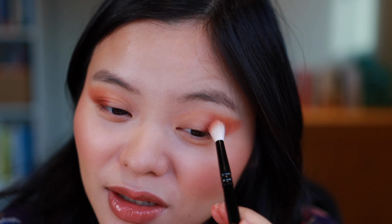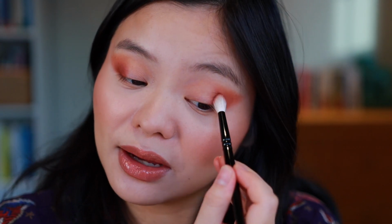And this shade is quite nice for this color story too. In general, this is not my favorite color story, but I think if you're going for a fiery look, this shade definitely is going to help you achieve that. In general, this is giving me more dragon vibes than I was really planning on, but I don't dislike it. I mean, it's nice. Okay, so now I'm going to go into this satin shade first, just because I'm kind of curious how this looks,